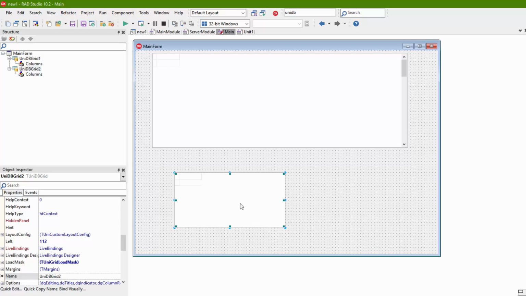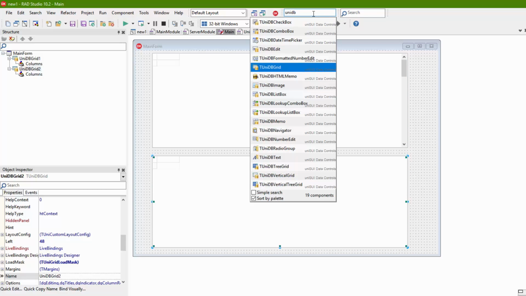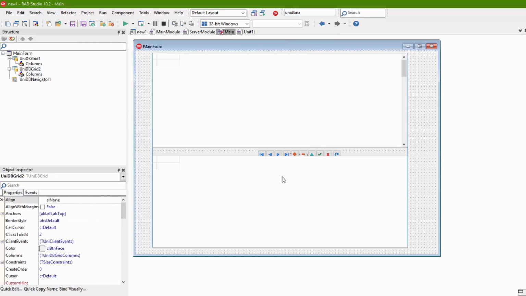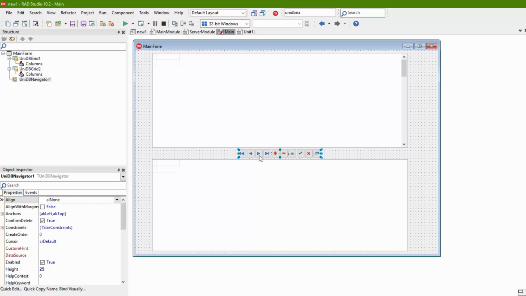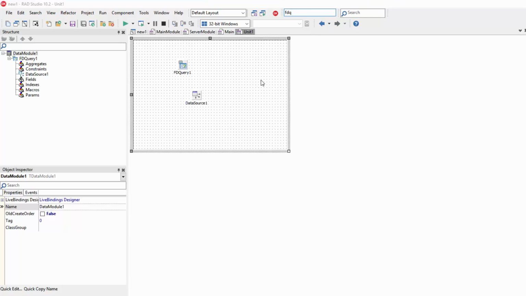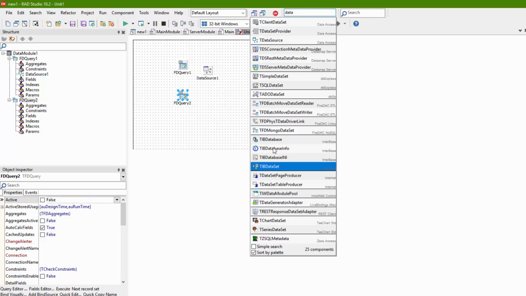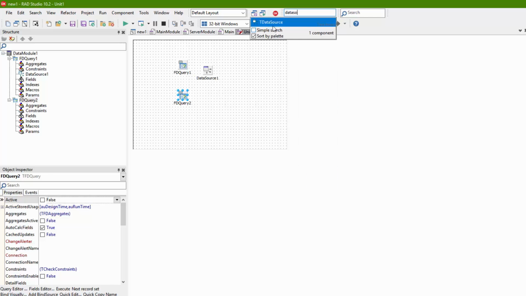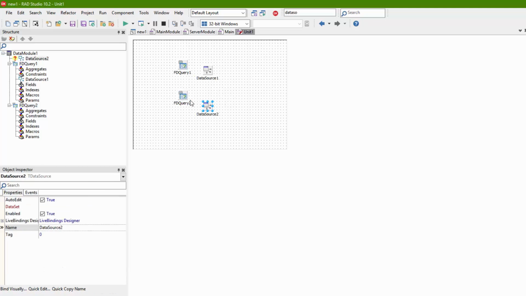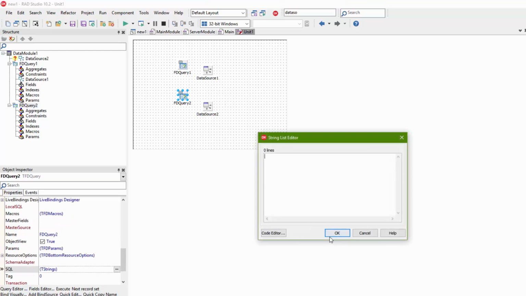Here we can add another debug grid and also a DB navigator. It can be connected to the same data source, and we can also create another query, another data source. Same connection, and this time